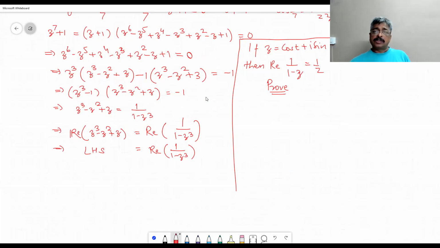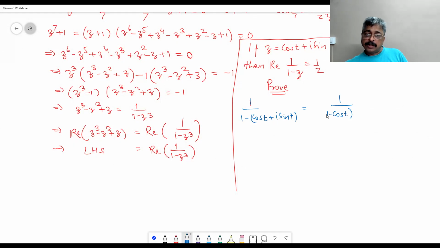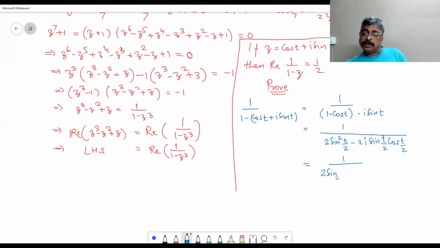z is equal to cos t plus I sin t. So consider 1 upon 1 minus cos t plus I sin t, which is equal to 1 upon 1 minus cos t minus I sin t, is equal to 1 upon, 1 minus cos t is 2 sin square t by 2, and how much is this? Minus 2I sin t by 2 cos t by 2, which is equal to